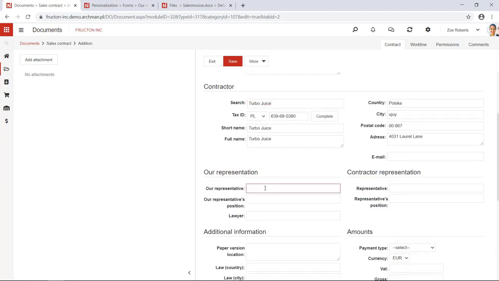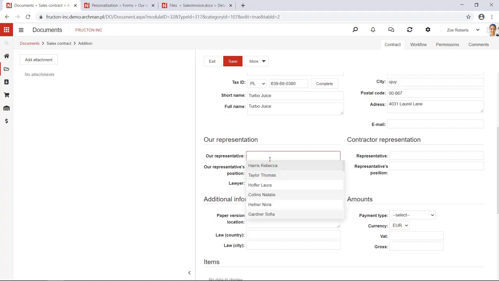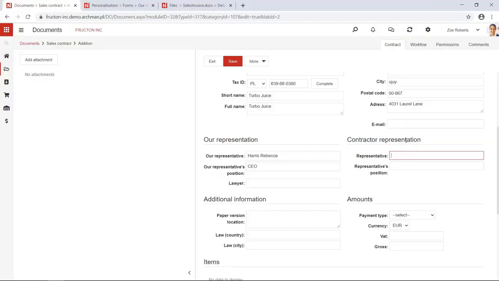Our representative is, let's say, Rebecca, our CEO. Lawyer is not important in terms of a printout, because in the printout there is no field referring to that lawyer. Okay, so the contractor representative, let's say it's John Smith,